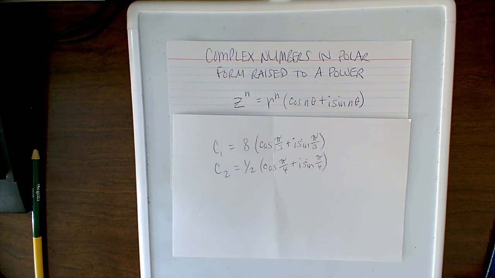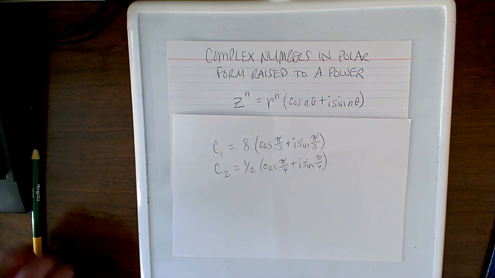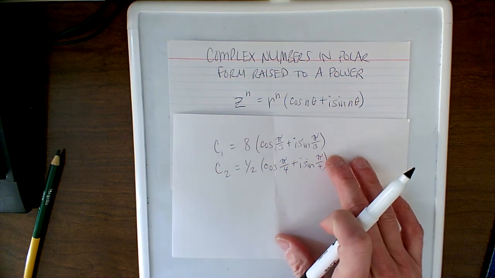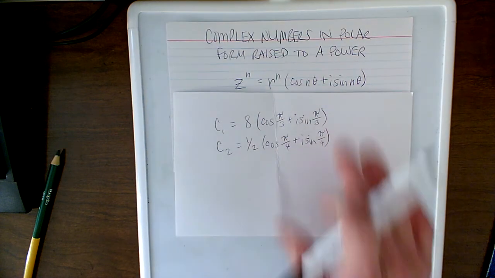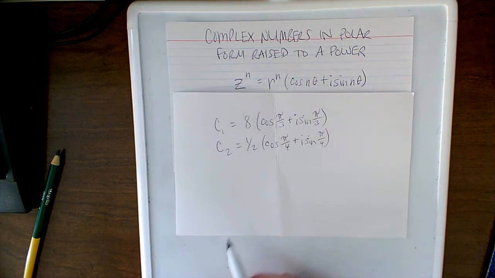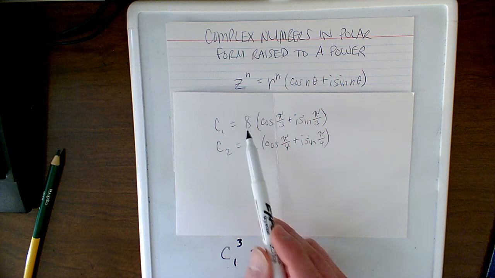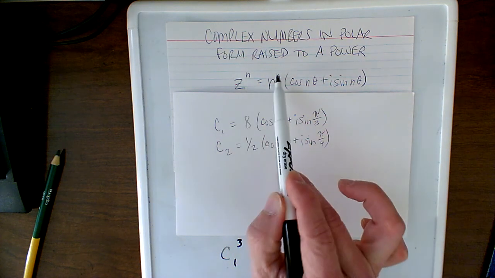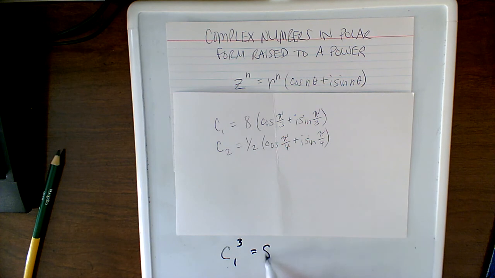Okay, so this was our original C1 and C2. Remember, I'm using Z and C interchangeably. So, let's raise this up here a little bit. So let's say I wanted to find out what C1 cubed was equal to. So I'm just working with the C1, not the C2. So using this formula, Z cubed is R cubed. That makes that an 8 cubed times cosine of 3